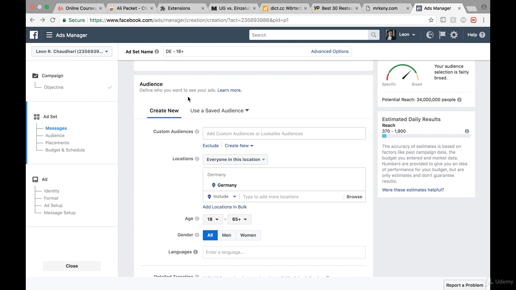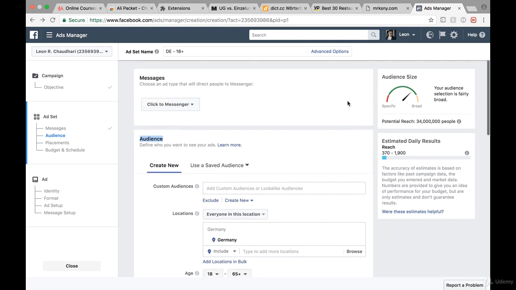All right, so what we want to do is create an audience. We want to look for people who are interested in us or in our services. And up here we can see already that this is the audience size. Currently we're targeting 34 million people, which is much too much. We want to bring this down to, let's say, over here. It's difficult to get it super specific, but to have it at least somewhere over here is good.